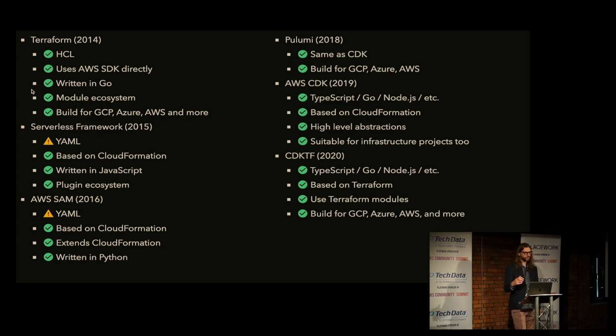Serverless Framework is based around CloudFormation, so it generates a CloudFormation template. And I would say that that's a bad thing, because CloudFormation is really, really slow, it has very poor rollback, and it doesn't have anything like the drift detection that Terraform has. SAM is basically the same idea, but it's written in Python, not JavaScript. And then we got this rush of new things in the sense of infrastructure as code, using the same programming language that you're using to build your application to develop your infrastructure